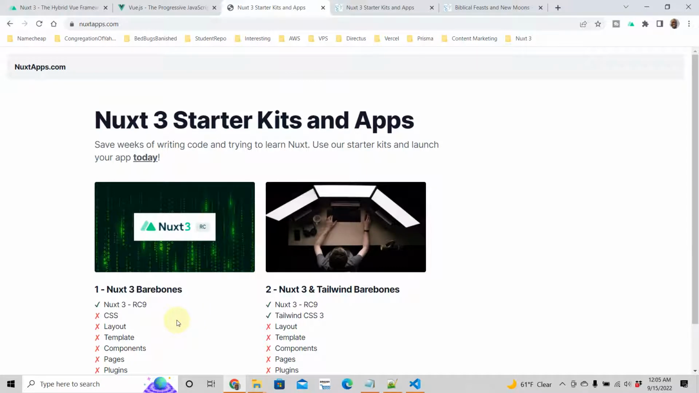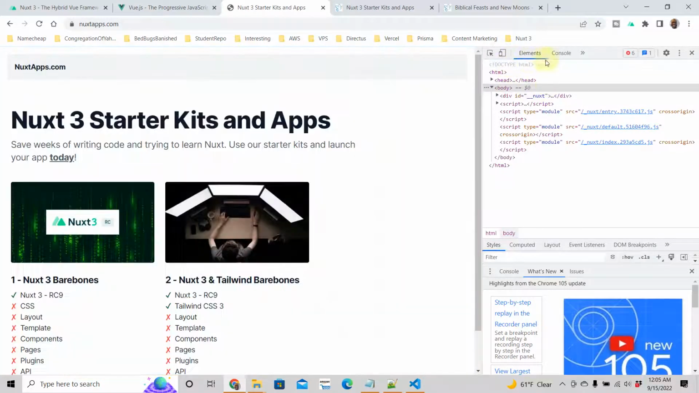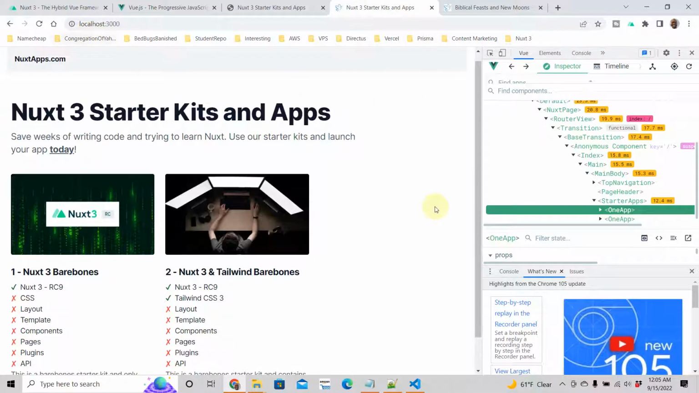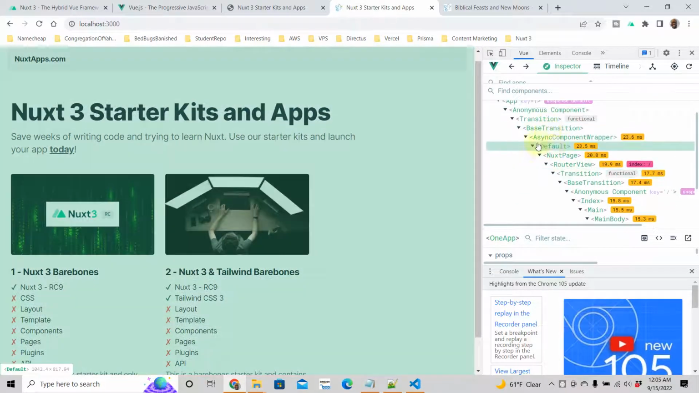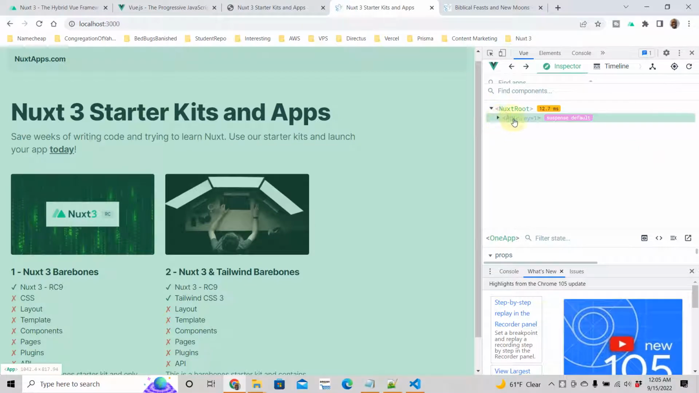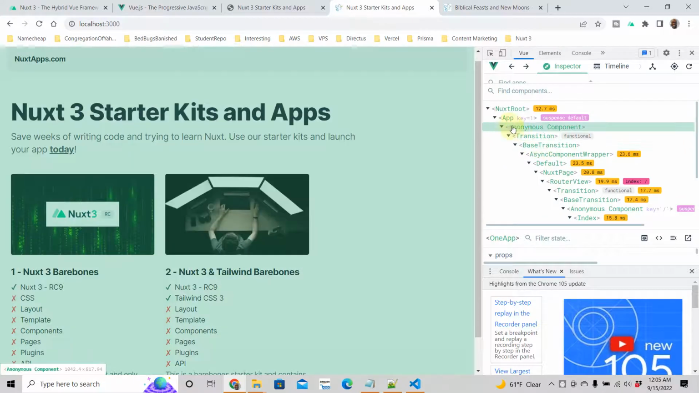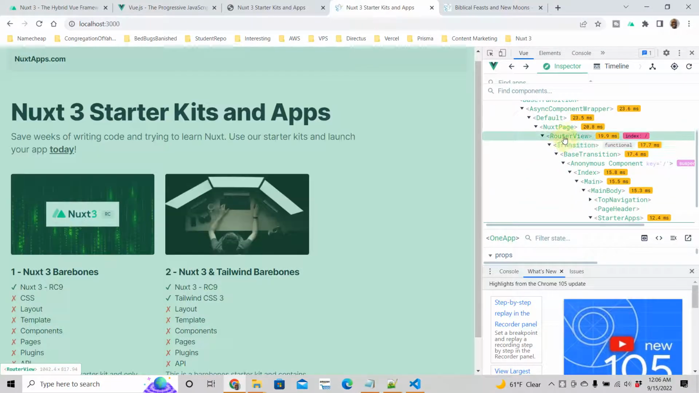And the way you can see that is in your dev tools in Chrome. Wait, oh, we are on the production side, so that won't work. Let's go to the dev side. Okay, there you go. So if you look here, this whole thing here, this is my Nuxt app right there. But this Nuxt app is broken up into components. Anonymous component, transition, base transition, default, that's the layout, Nuxt page, router view, these index, main, and then the main